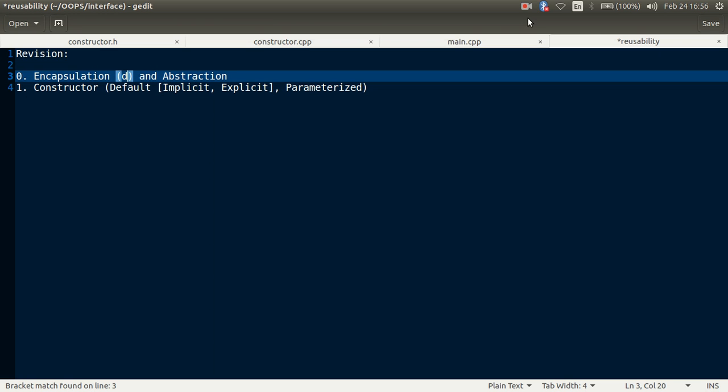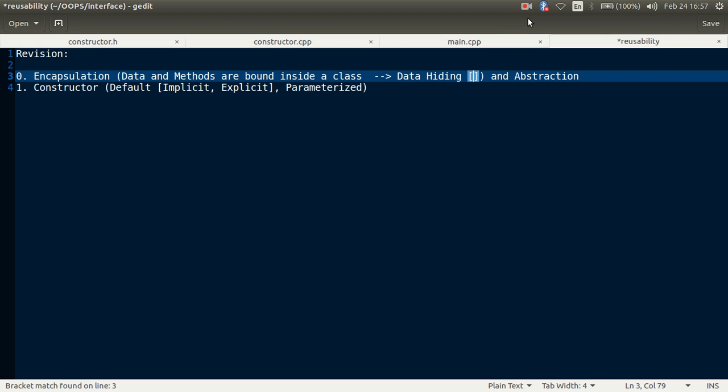First I will say what encapsulation is. Data and methods are bound inside a class, and it gives us a very important advantage: data hiding.